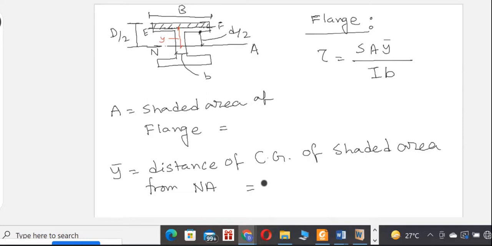From neutral axis, capital D by 4 plus D by 2. Okay. What we have done in the rectangular part? नोटबुक में तो होगा ना, एक बार देख लो. किसी का कोई दूसरा आंसर आ रहा है about this shaded area of flange? अभी तक जो आंसर्स आया है उसके अलावा